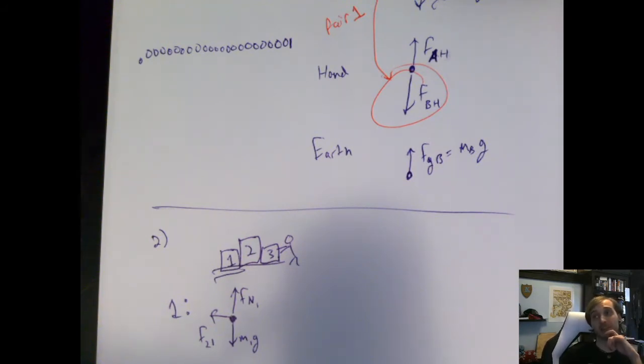Something I want to highlight about this. Box 3 is not pushing box 1. The person is not pushing box 1. Box 3, you could make an argument, is indirectly pushing box 1, but because box 3 is not touching box 1, box 1 is not being pushed by box 3. Only draw forces for things that are touching it, because other things will be indirectly causing a force. Direct forces are the only thing that go on a free body diagram, and the only thing that determines the